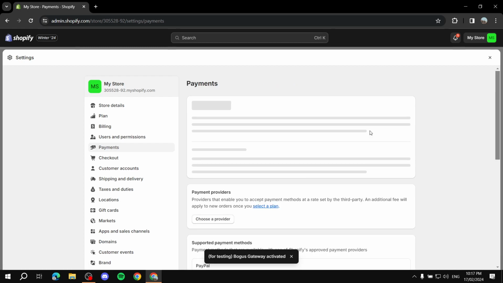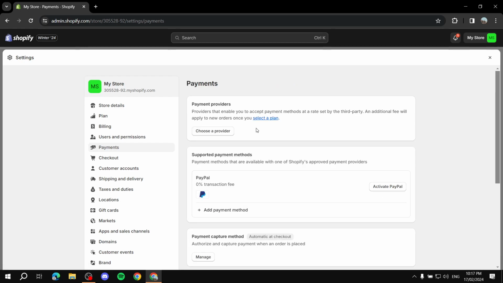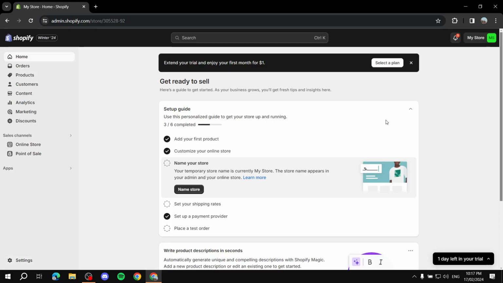Now, what I was talking about earlier was, you can see Change provider at the bottom if you have already selected a provider. I hope you saw that, it was a brief thing. You should see Change provider. That's what you will need to click on and choose Bogus. So once that's done, what that is going to enable us to do is, if we go to Online Store and go to,